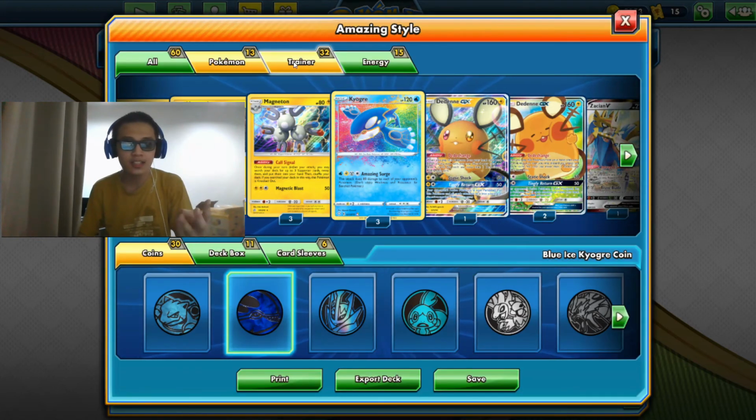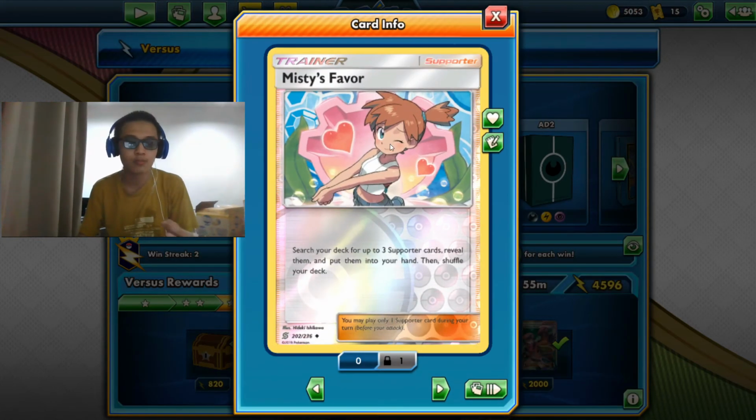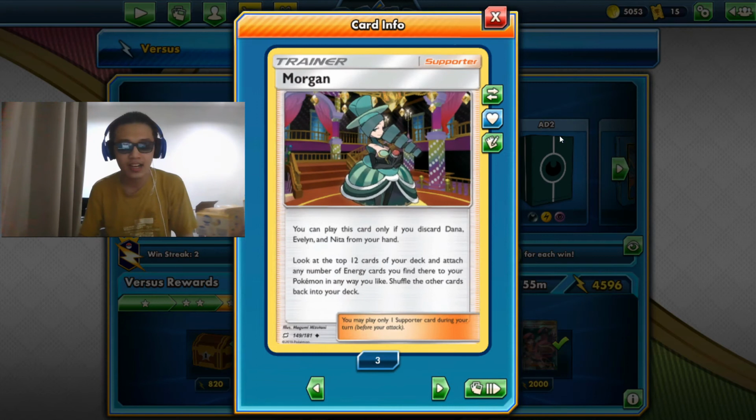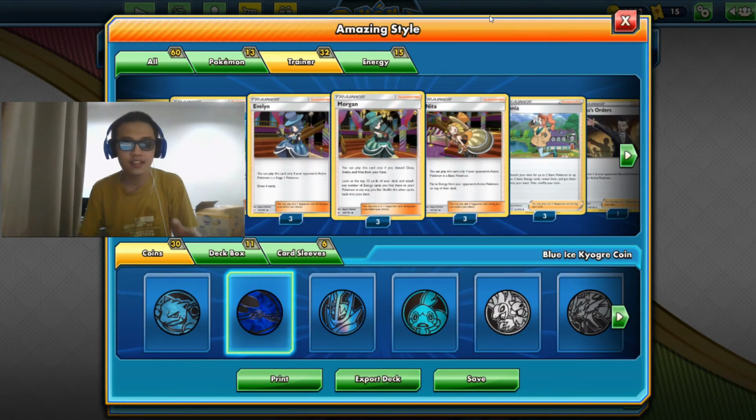It's very easy to get those specific supporter cards because we have Misty's Favor, but with the specific energy costs, we're gonna have to rely on luck. But it's not too much luck here because we are looking at the top 12 cards of our deck. As I said, 12 is a lot, but as you saw just now in those previous games, it is quite difficult with one Morgan to find just the right energy cards, because they might end up giving us a lot of energies but only 2 types, or a lot of energies but only 1 type,